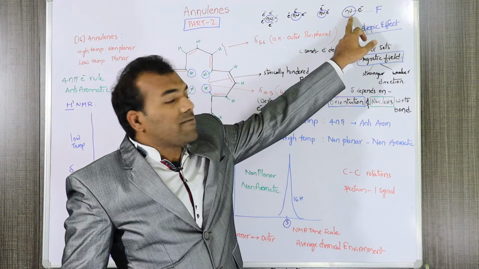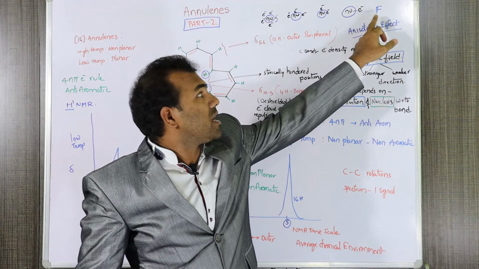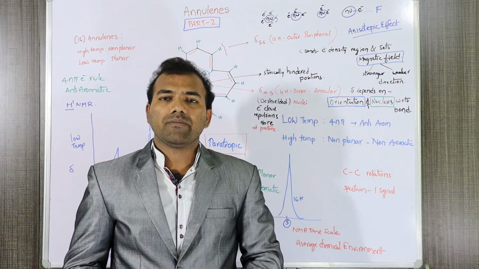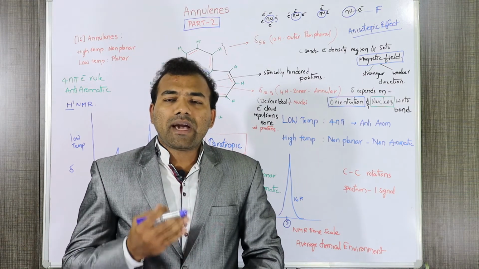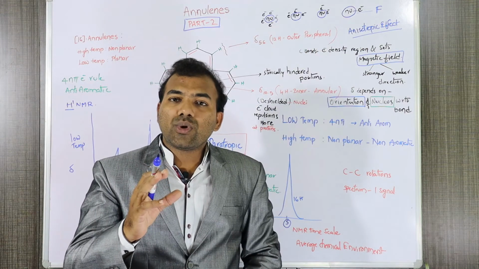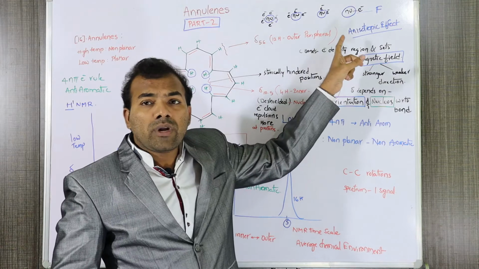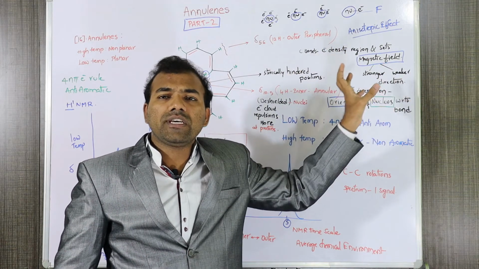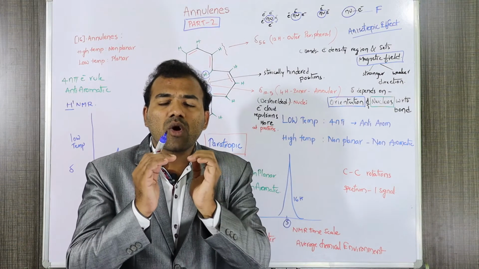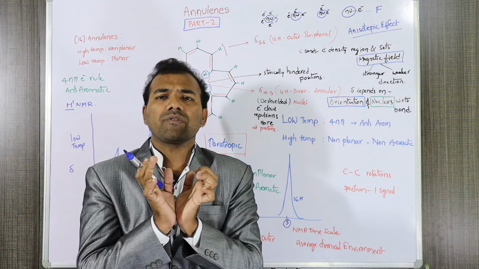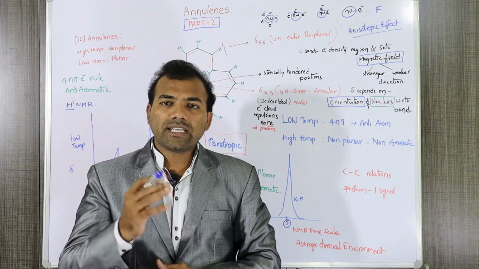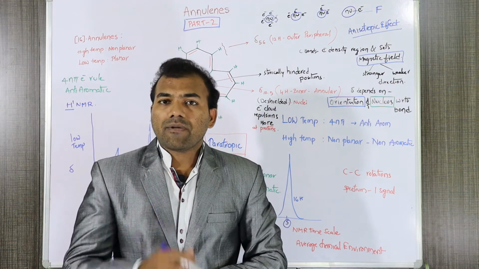For example, if the nucleus is attached with a fluorine atom, we know that fluorine is a highly electronegative atom. So due to the minus inductive effect, or due to the higher electronegativity of the fluorine atom, the fluorine attracts the electrons towards the fluorine atom. So ultimately the electron density, or the electron cloud around the hydrogen atom, will get lessened. Automatically the nuclei will get de-shielded. So that is one factor in the concept of chemical shift.